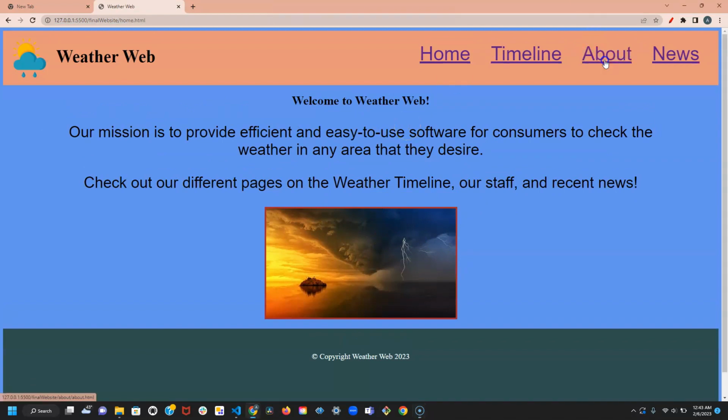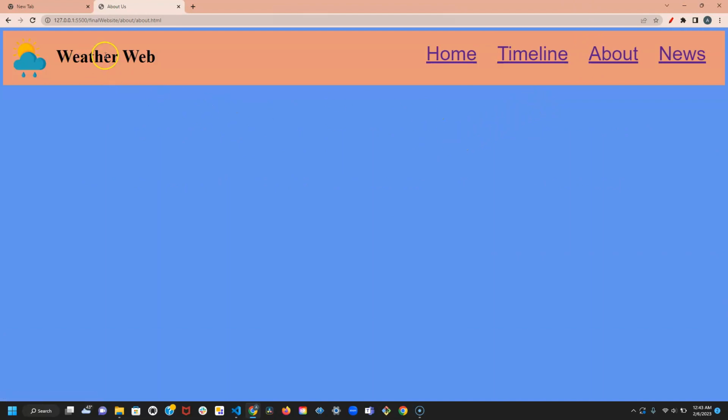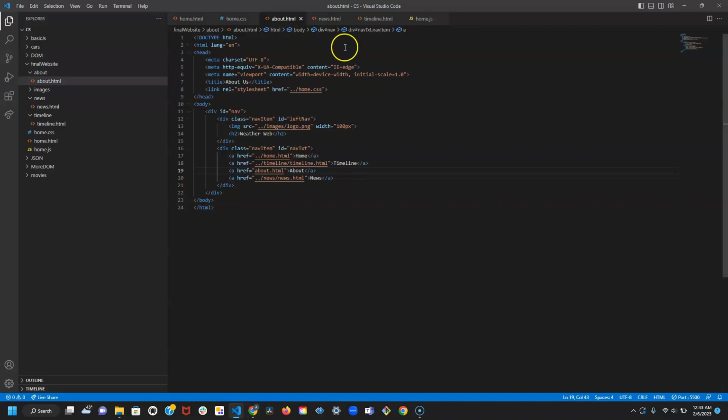We're going to start with the About page, which for now, all it has is the navigation bar in the background. It doesn't have any actual information. So let's fix that. Go back to our code in Visual Studio Code, and let's see what we can do here. So after we have our div for the navigation bar, let's have another div. We're not going to give it an ID yet because we don't know its content yet. But usually an About page contains information about your mission and vision statements, one or the other, or sometimes both. So let's write in H1 our mission,